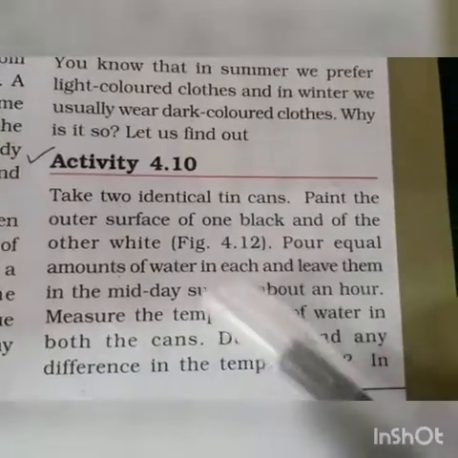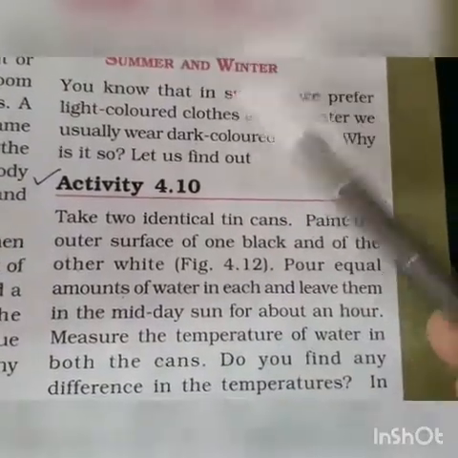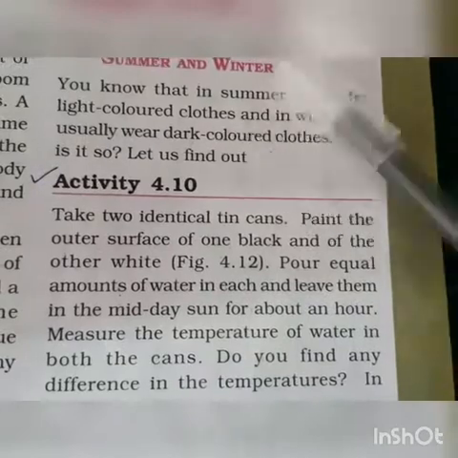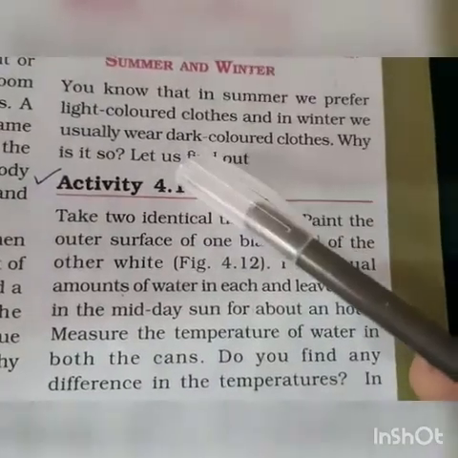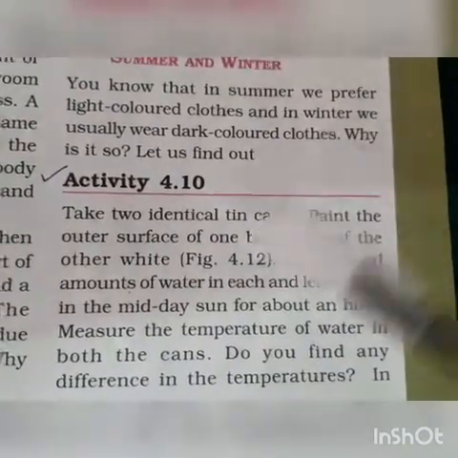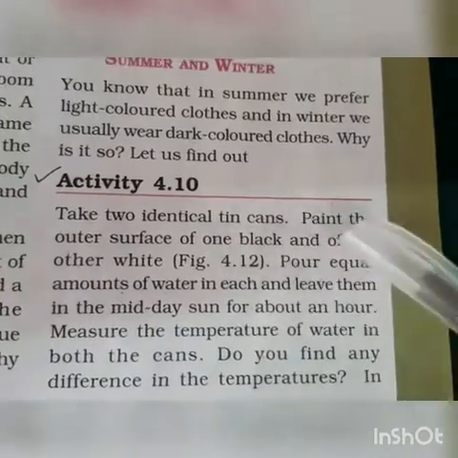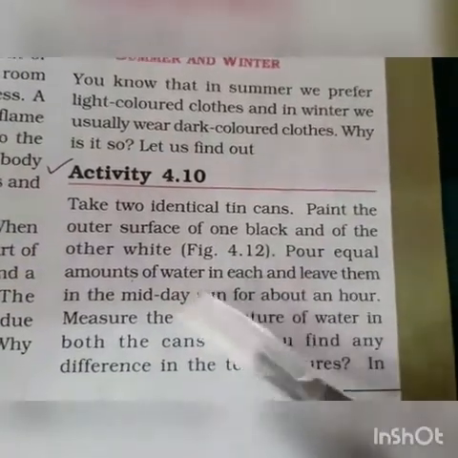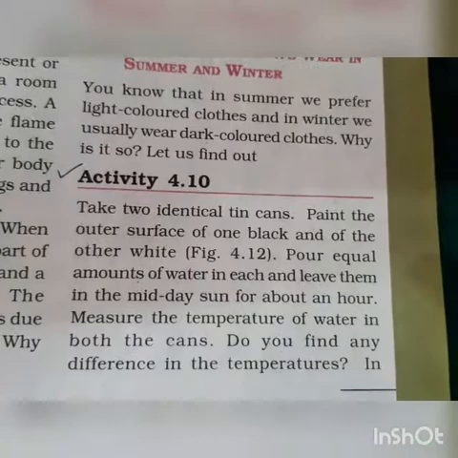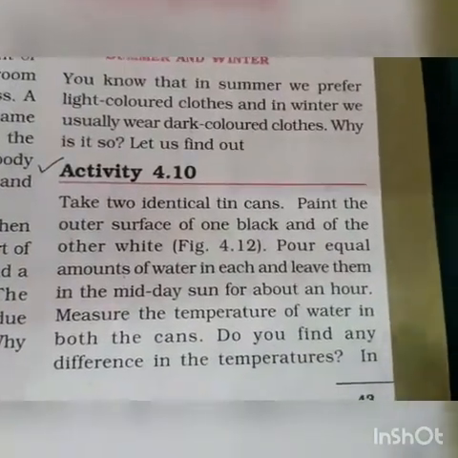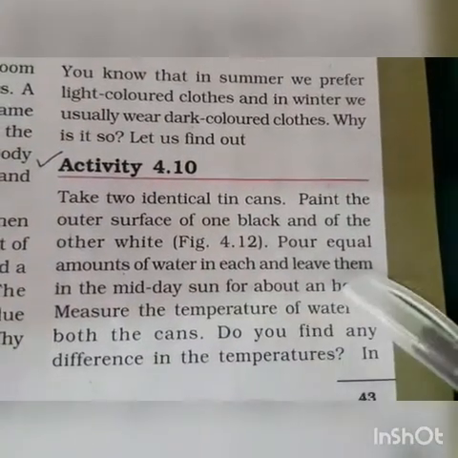So the experiment is to show why we wear white colored and dark colored clothes in summer and winter season, just to prove the reason we are doing the experiment. So one can colored black and other white, and then pour some water and leave it in the sun. Means जब एकदम दिन में जब तेज धूप होती है तब उस समय 1 घंटे के लिए आप उस